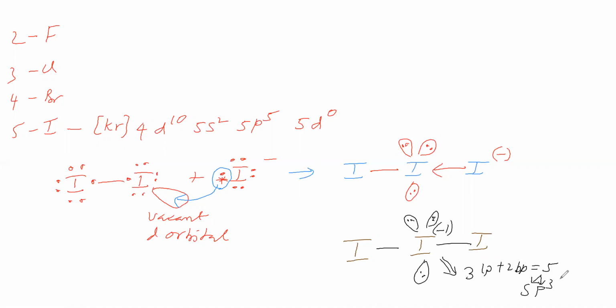The remaining 1 we give to D. So the hybridization is sp3d. Out of 5, 1 is given to S, 3 to P, 1 to D. D has 5 orbitals but availability is 1 only. So the hybridization for this iodine is sp3d, and this iodine is providing sp3d vacant